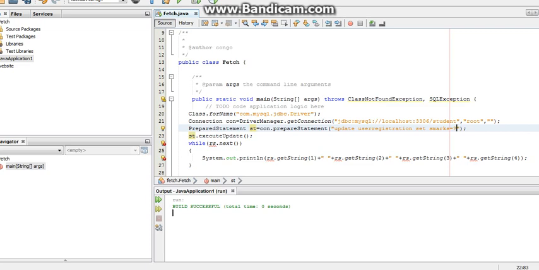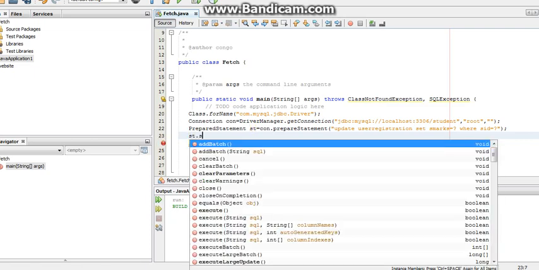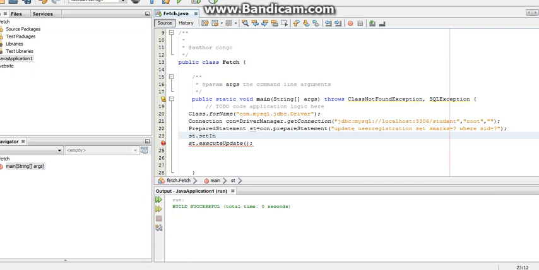So set S marks is equal to question mark, and where SID is equal to again question mark. Now I have to remove this. Now I'm going to use setInt and setInt, in both cases int, to swap the question mark with these values. If I do 1 here, then it will give this value to the first question mark. So this would be 40